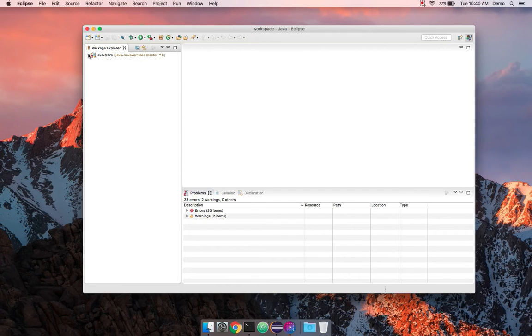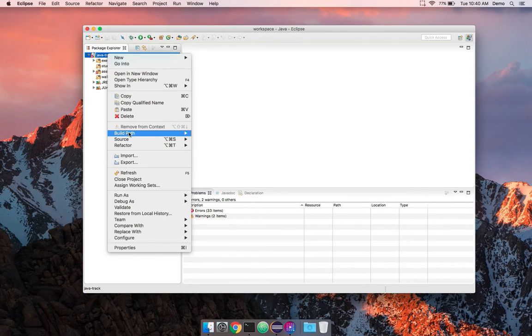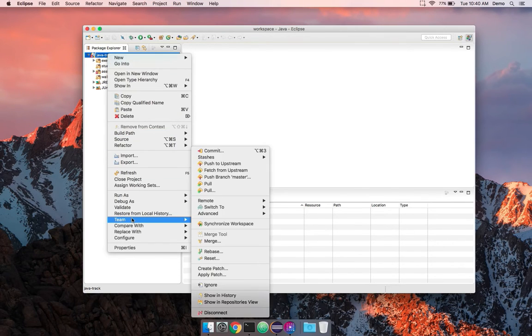So in order to get started here, we need to first get the most recent version of the code from the LaunchCode repository. You've already set up the LaunchCode remote in Git to point at the LaunchCode repository in GitHub. And so now we just need to do the work to pull the most recent version of code down from GitHub. So go to Team,